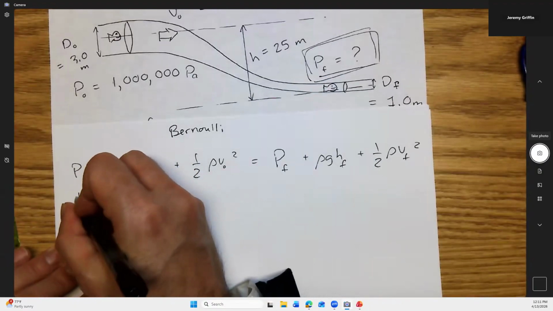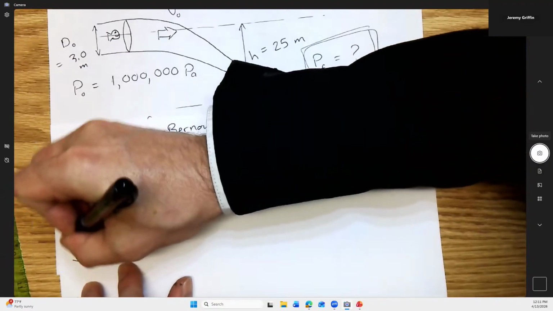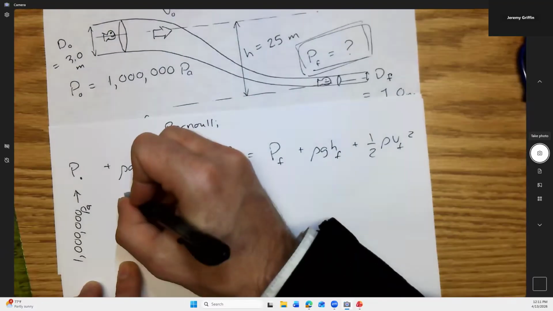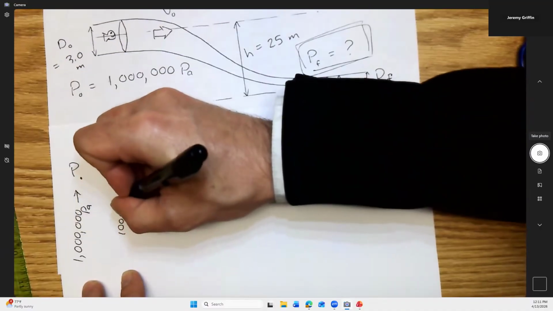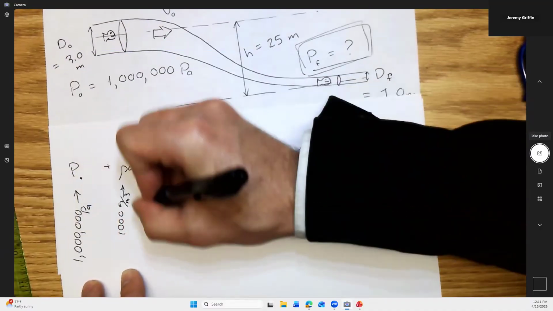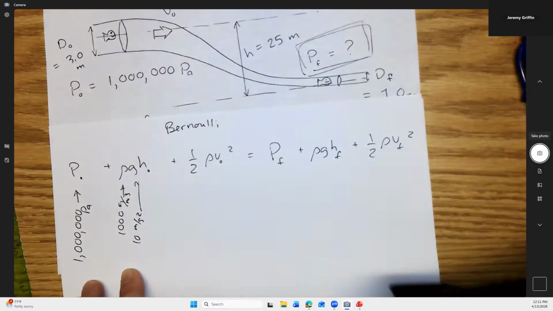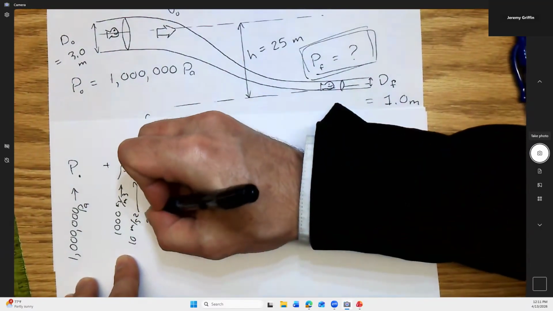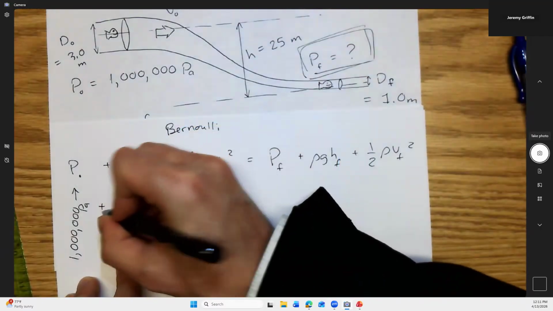Okay, so I know this number, I put it as 1,000,000 pascals. I know the density of water is 1,000 kilogram per cubic meter. The gravity field, I'll call 10 meters per second squared. And this initial height was up at 25 meters. 25 meters up. Okay, so that plus